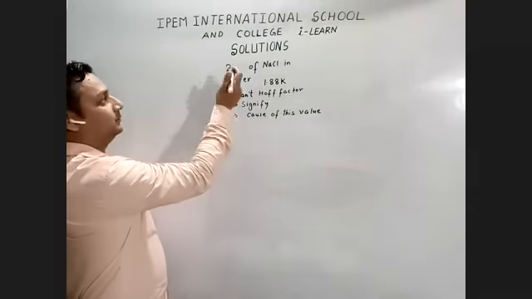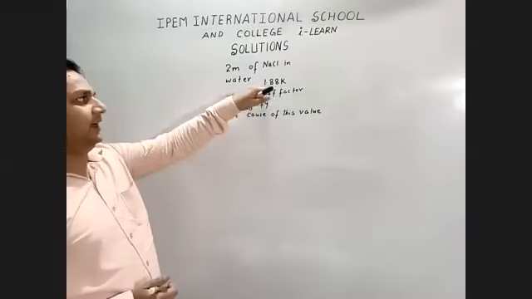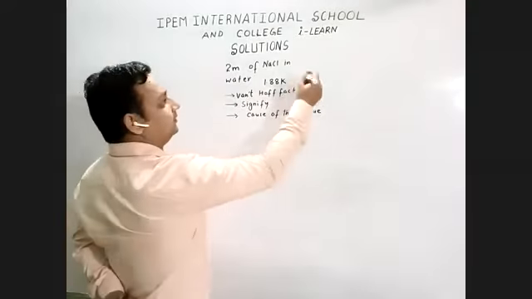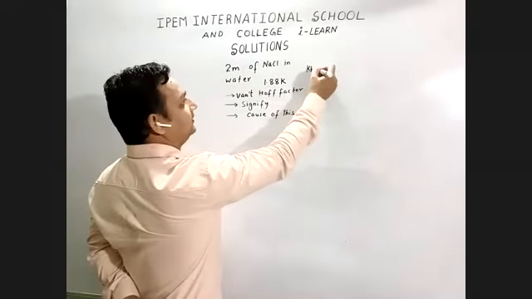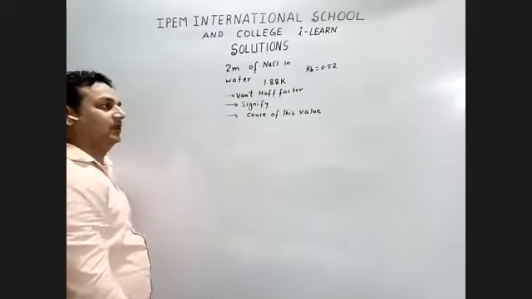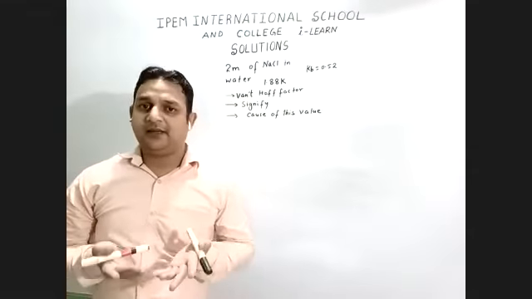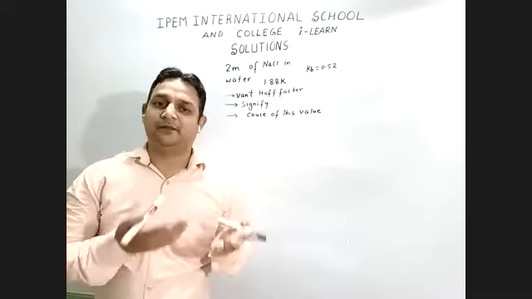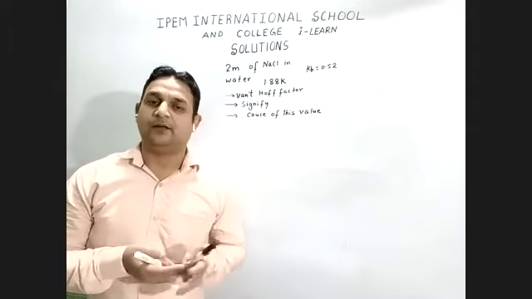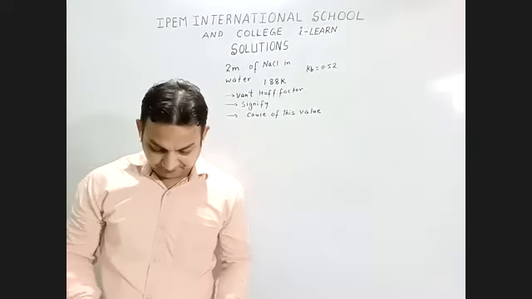Again, I'm repeating: 2 molal solution of sodium chloride in water, having an elevation of boiling point 1.88. So Kb for water is 0.52, they have given. First, we have to find out the Van 't Hoff factor. After getting the value, what does this value signify, and what is the cause of this value? So this much we have to do.